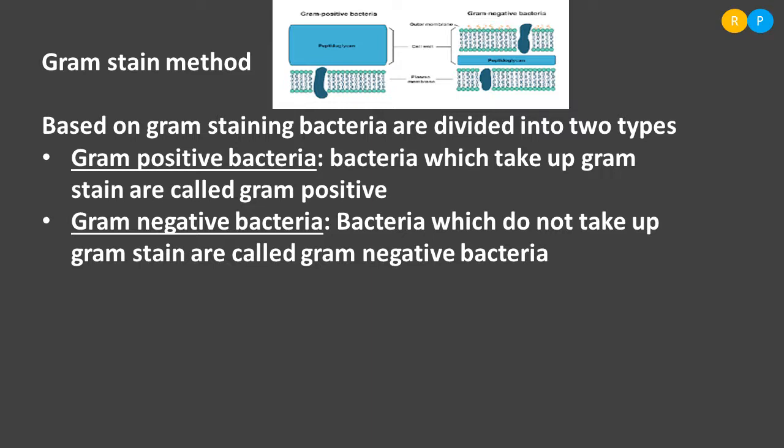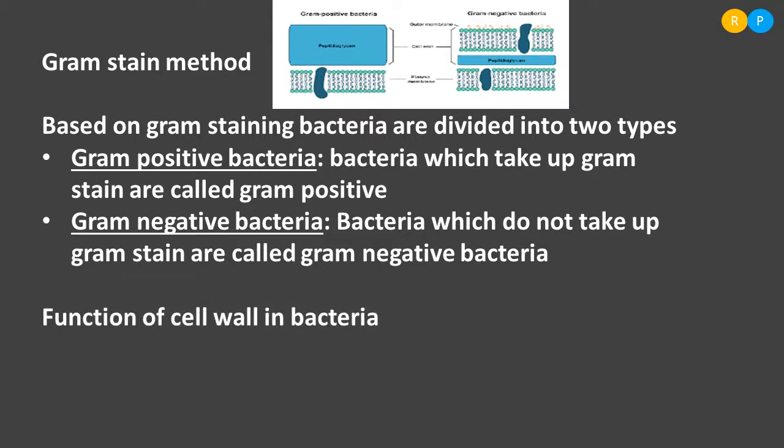So the first one they have given is Gram positive bacteria. There you can see the thick peptidoglycan layer, and Gram negative bacteria consist of a very thin peptidoglycan layer, and on the surface you can see one more membrane, that is the lipid membrane. So because of this, Gram negative bacteria do not absorb stain. Clear? So this is the difference we have between Gram positive and Gram negative bacteria. Understood? So there are two types of bacteria based on the Gram staining method. One is Gram positive and another one is Gram negative bacteria.